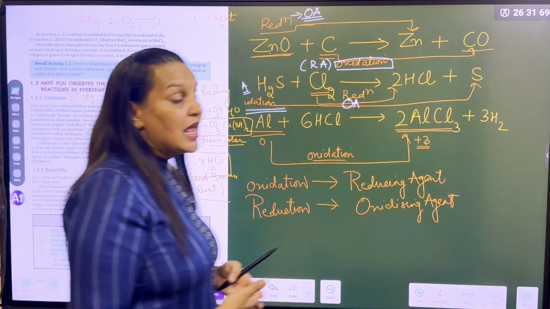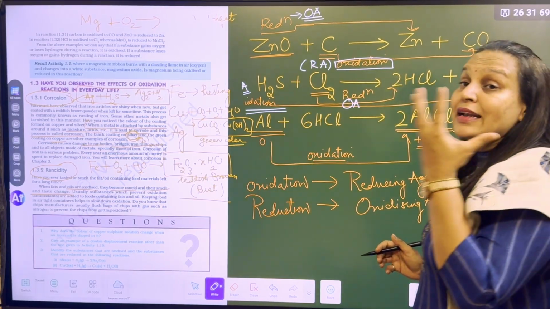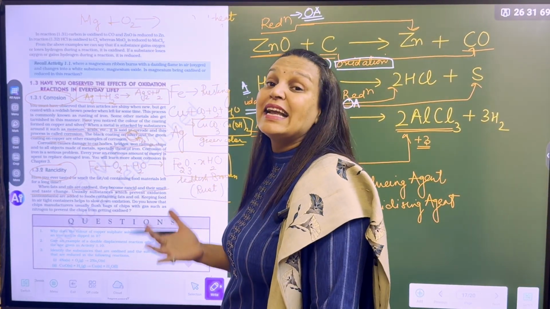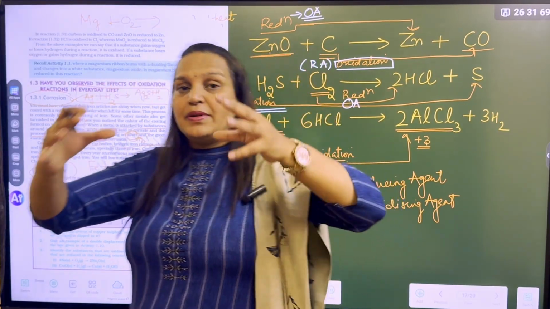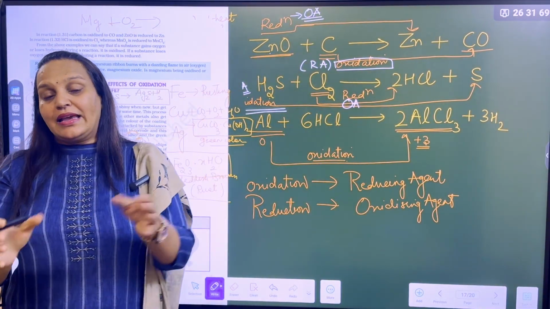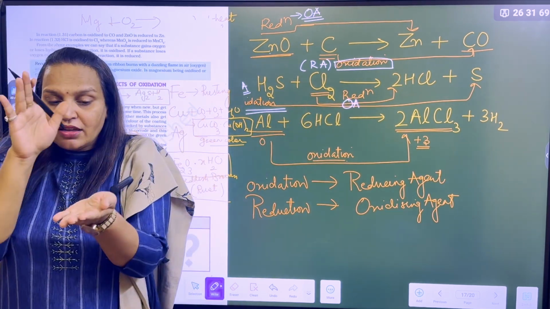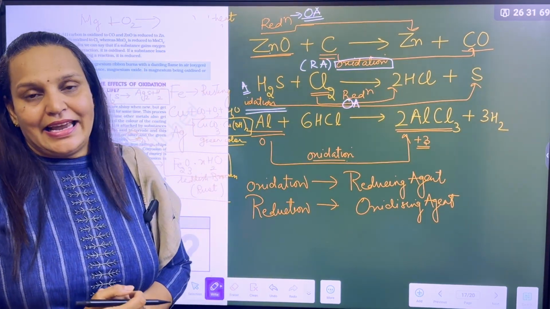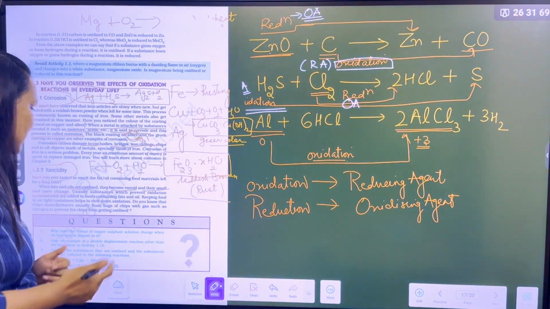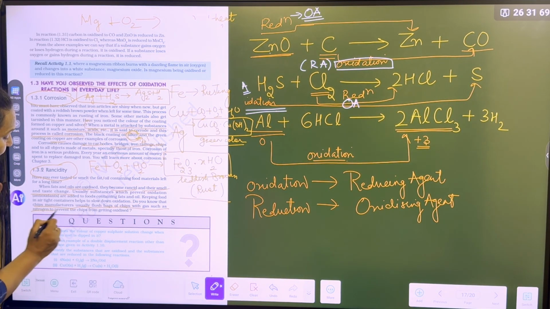There are preservatives, and moreover the chips are packed with a very special gas, nitrogen. Nitrogen is an inert gas which prevents the oxidation. When the companies make the chips and then they do the packing, they remove all the oxygen, vacuum is created, and then in the chips packet they put the nitrogen gas. Nitrogen is an anti-oxidizing agent, prevents the oxidation of the fats. Manufacturers usually flush the bags of chips with nitrogen to prevent them from oxidation.